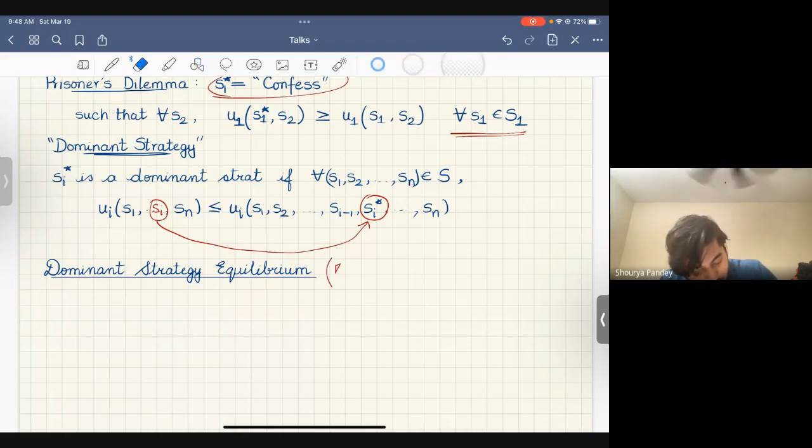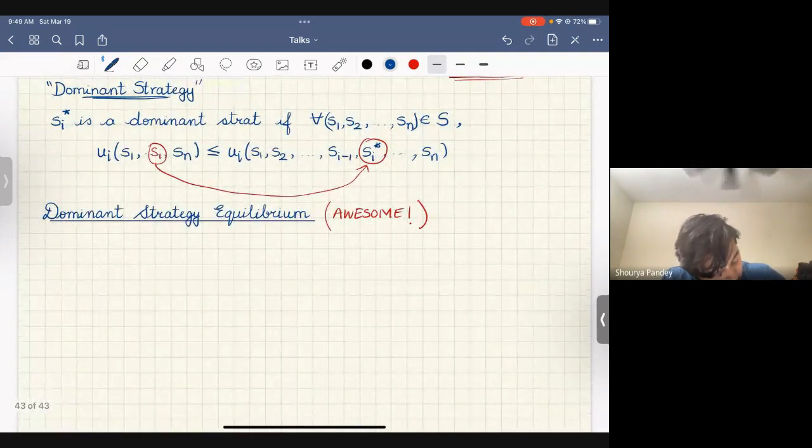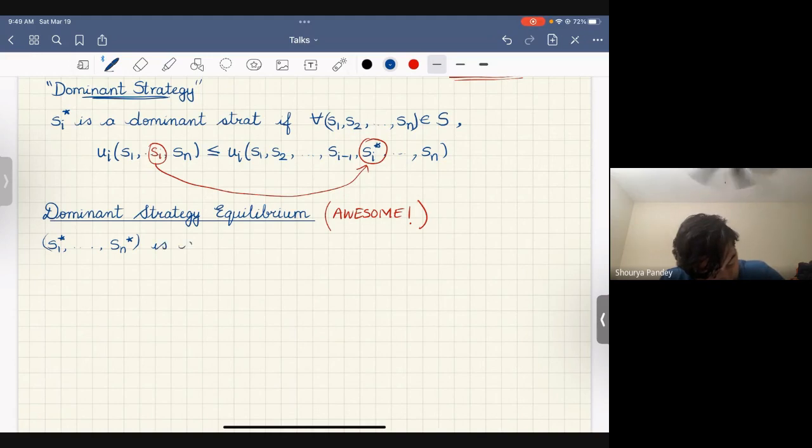This is awesome. So what this says is that S1 star up to Sn star is a dominant strategy equilibrium, also just called DSE, if